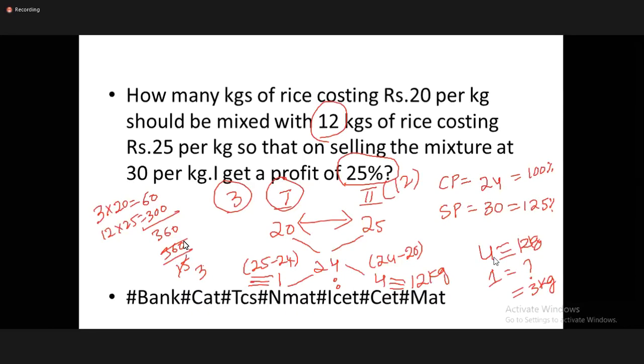5 3s are 5 how many times, ma? Okay, let me cancel with 15. No, 15 1s are 15, 15 2s are 30, 15 4s are 60. Are you getting 24? Yes. Okay, so your answer is right. So I'm done with this, everybody. Clear with this question?